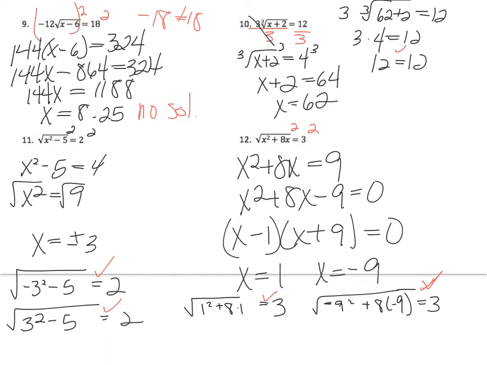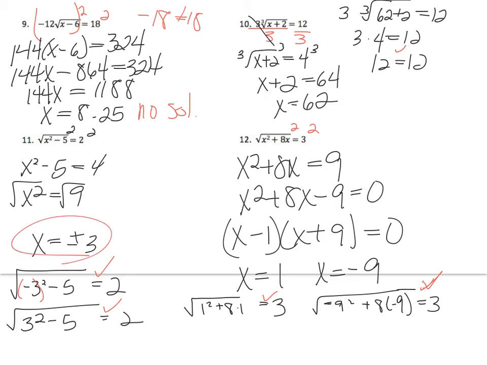Okay, number 11, the radical was already isolated, so I squared both sides. Got x squared minus 5 equals 4. Added 5 to both sides. Square root of both sides. I have x equals plus or minus 3. I went ahead and checked both, and because the negative is squared, it becomes a positive, and both positive and